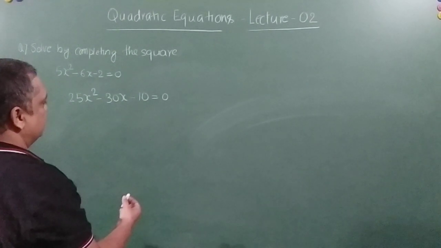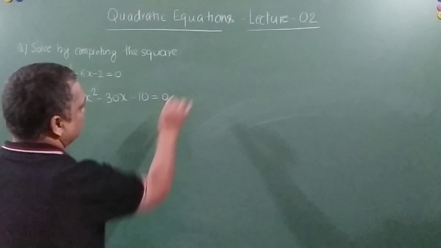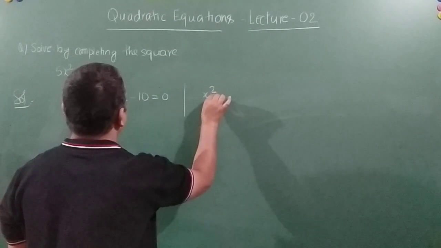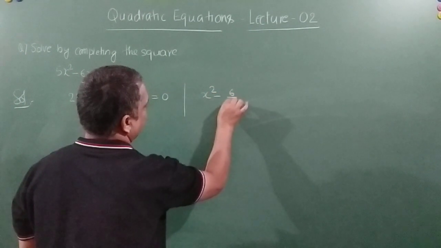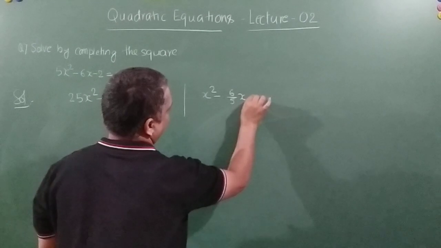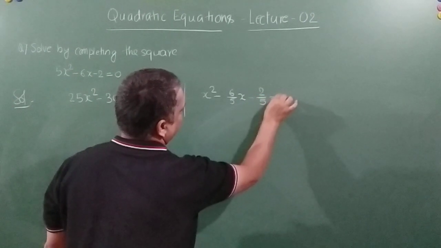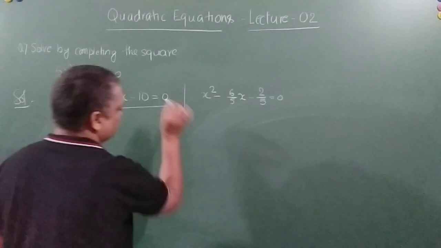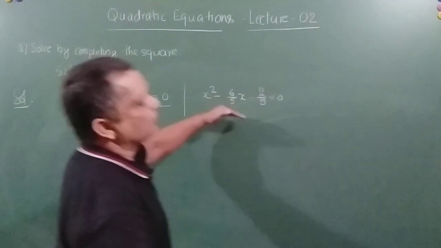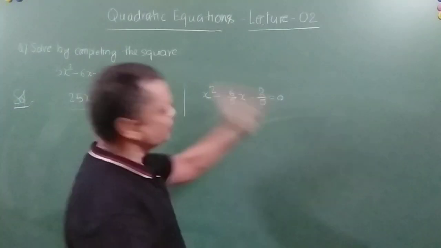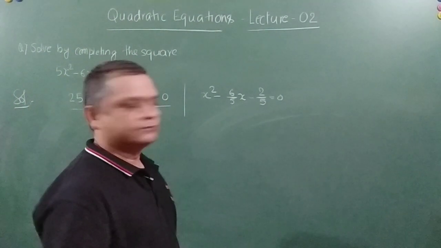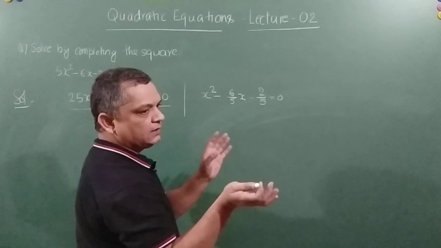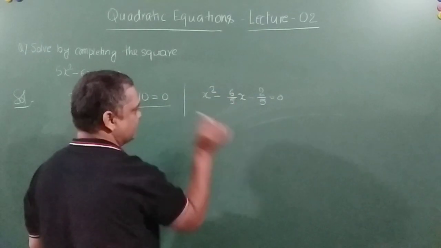So this is one of the methods, and another method will be, I'll just tell you, this becomes x square, I'm dividing it now, minus 6 by 5x minus 2 by 5 is equal to 0, right? So in many places you will get the solution for this. So I will solve it with this method. I'll divide it across by 5 and then solve it, okay? This you will be able to do easily. The other is a little difficult, okay? So I'll solve it by this method.